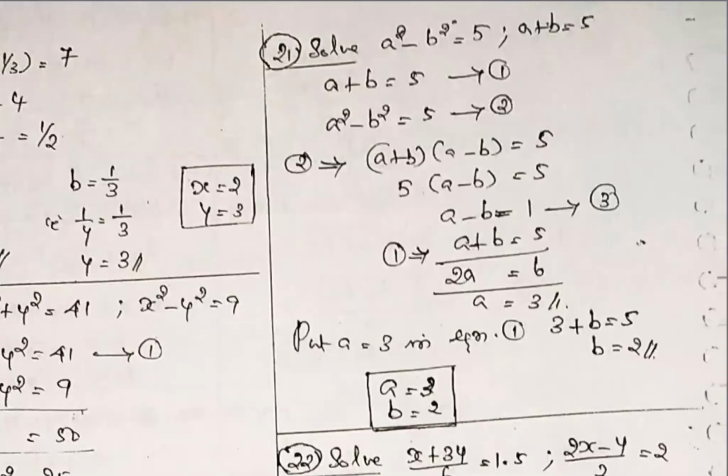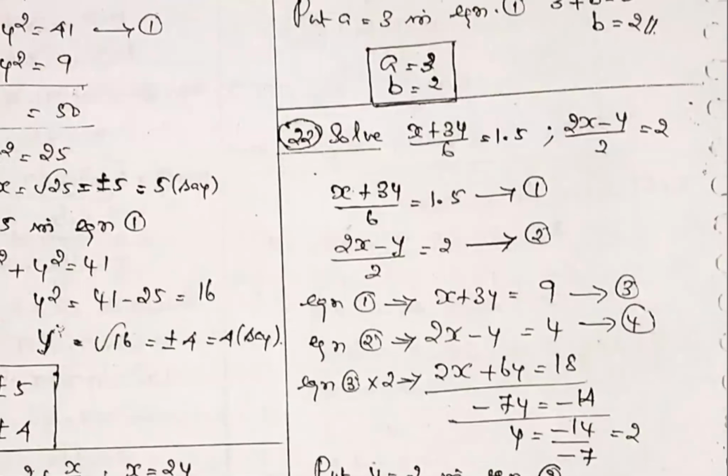Already a plus b is equal to 5 we know. Then solve it, add it, 2a is equal to 6 you are getting. Substitute in another equation, b is equal to 2 you are getting. So more practice only is required. Only the starting idea; once you get into the starting idea, then it is mere calculation. Problem number 22, very simple. Just cross multiply, you will get the answer. Now it becomes a normal equation.